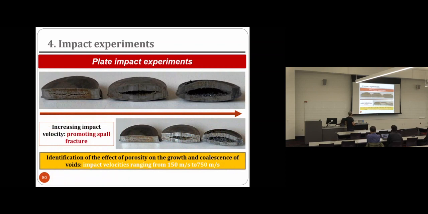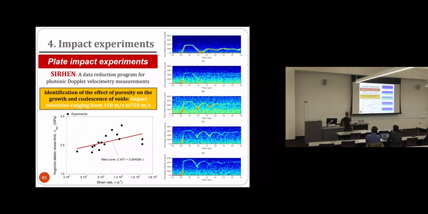So these are just some samples tested at different impact velocities. So this is the incipient spall, you can see it here. At higher velocity, the spalling is pretty obvious. And here, I think it was something like 700 meters per second. The spall is really huge. So we are able to compute for different printed metals the evolution of the Hugoniot elastic limit, for instance.